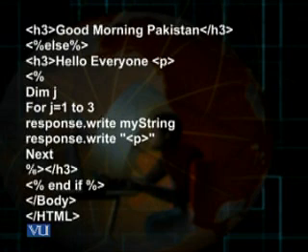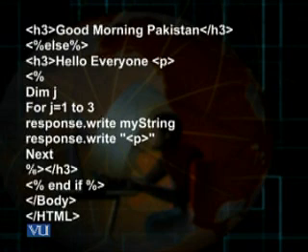Then because of the paragraph tag there would be a line break, line space. Due to the keyword next, the value of j would be incremented, j would become 2, and again the two statements of the for loop would be executed, so response.write myString would generate e-commerce a second time.